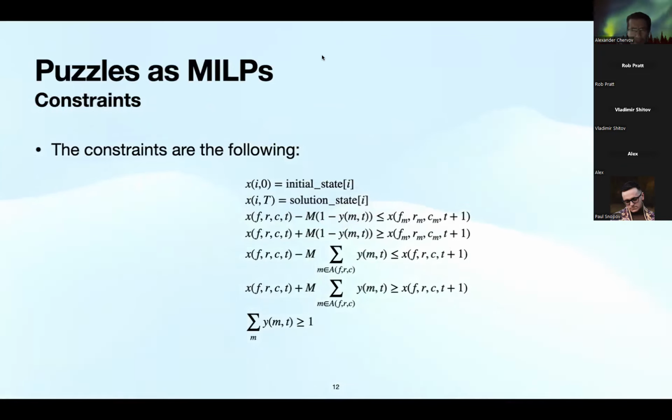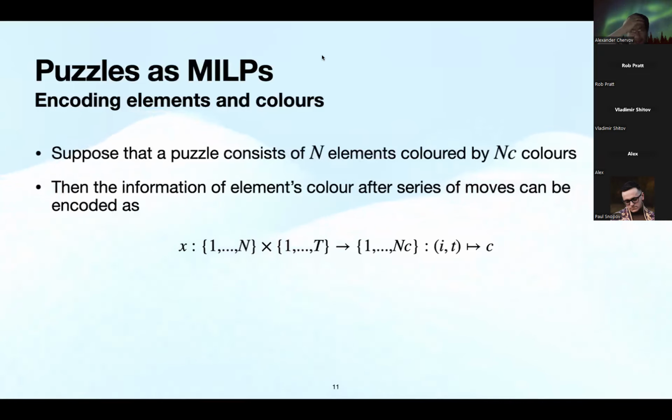So I thought initially we have y, which describes the moves, and when x appeared, which describes the states, it appeared. Well, I introduced it here. This is the information on the states, but it doesn't enter the objective function. Yes, only y enters the objective. Okay, I see, because the objective function is basically about the moves. In my formulation, I don't really use x because we need to minimize the number of moves. Okay, let us go to the next slide.